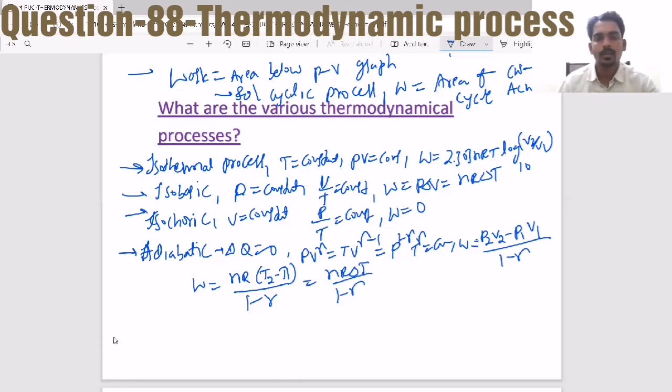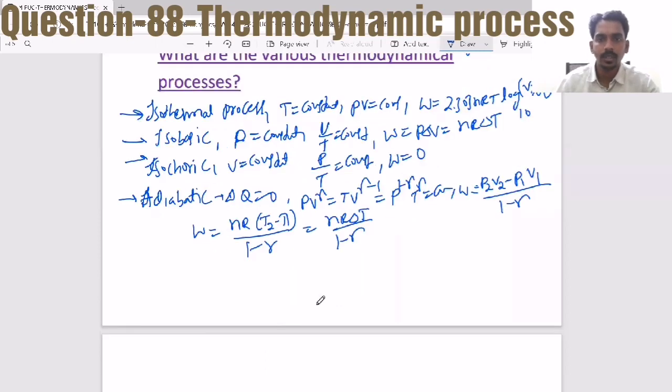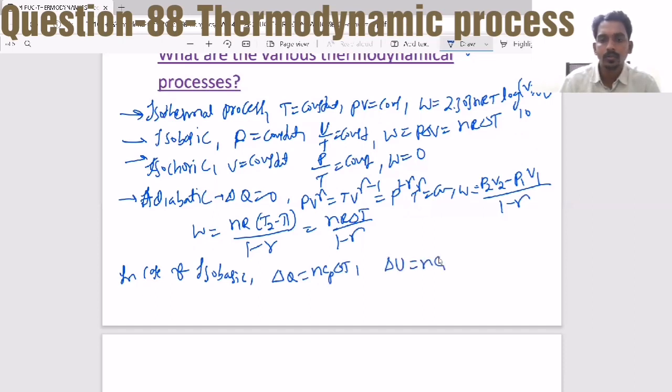This is the adiabatic process. Now, for every process, delta U you always have to consider as nCv delta T. Now, in case of isobaric, delta Q equals nCp delta T and delta U equals nCv delta T, and delta W equals nR delta T. So if you substitute from this, you can get the relation that Cp minus Cv equals